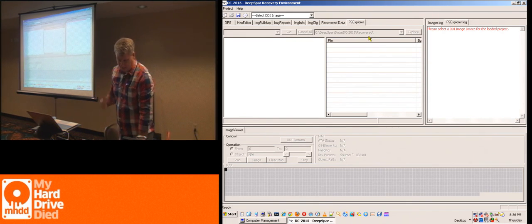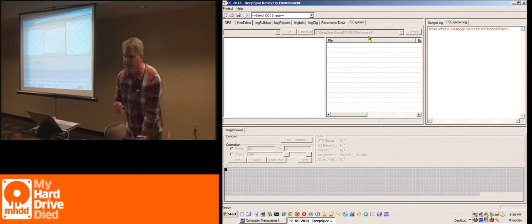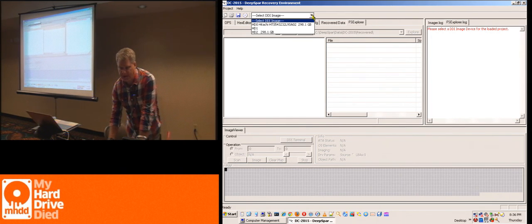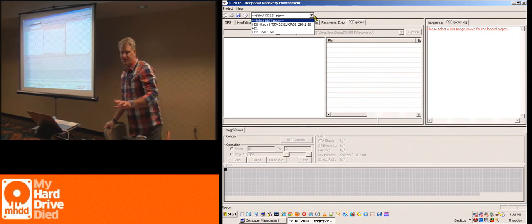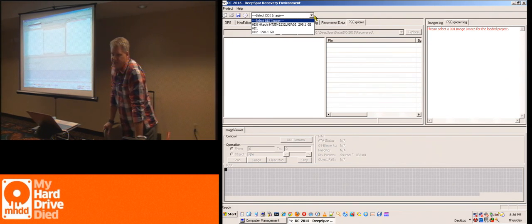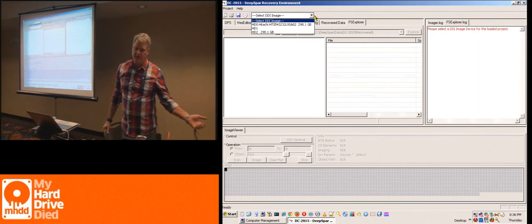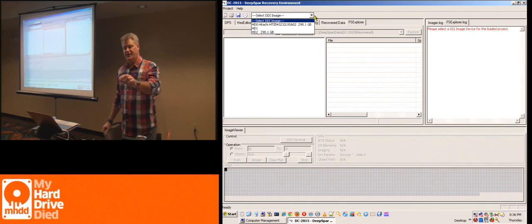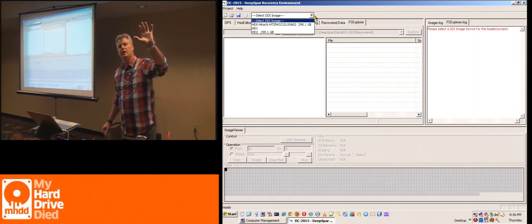All right, now I need to select the drive. If I was on a network, what would happen is, it's exactly the same. There's a drive down at the bottom. You see that 300 gig drive? That's what I expect that I'm going to talk to. If I was on the network, it would be exactly the same thing. It just would have a project ID from the DeepSpar. It'll say DeepSpar, a serial number,